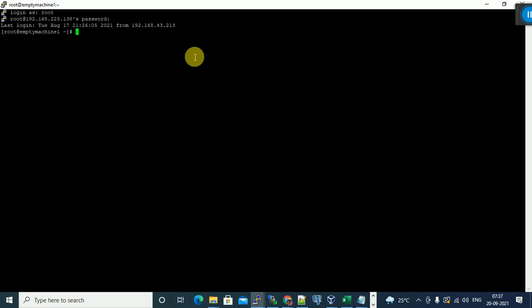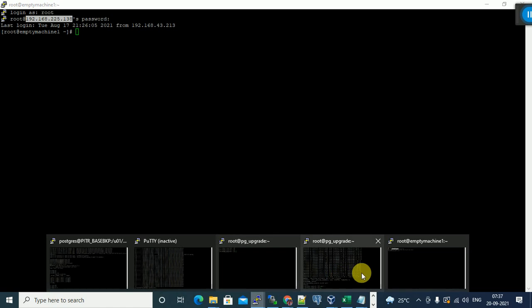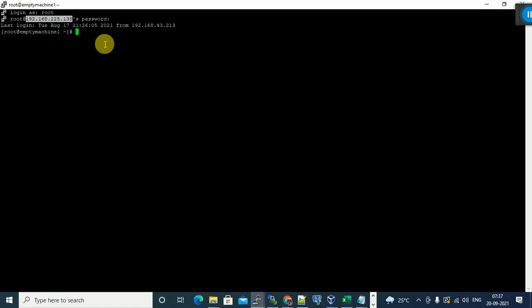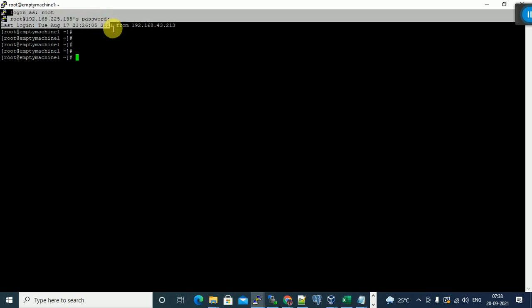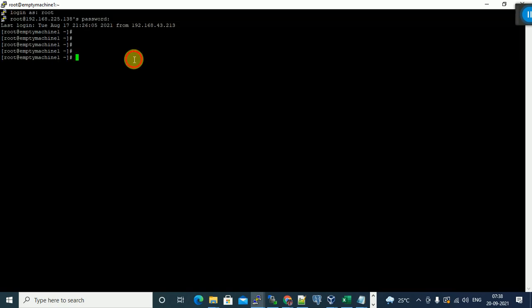So how are we connecting? In our case, we know the IP address. Open PuTTY, give the IP address, click on open. It asks for login: which username do you want to log in as? Give the username and password. That's it, we are able to log in. If we don't have the username and password, we cannot log in. If we don't have the IP address, we cannot log in.